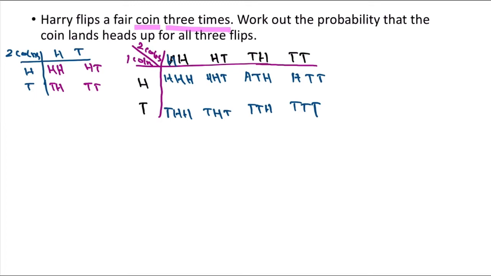Another way of doing that is you don't have to draw the table. You just write them down. So head, head, head. Then you keep on changing the head with one of the tails. So head, head, tail. First when the tail was at the end, now the tail will go in the middle. Then the tail would be at the start. Once you have taken all the combinations when the tail is only appearing once and the head is twice, then